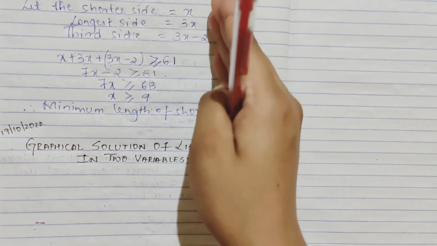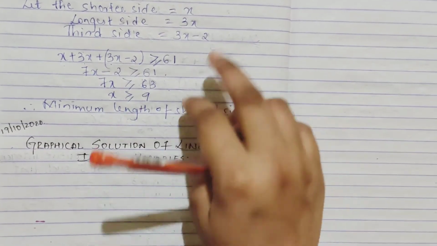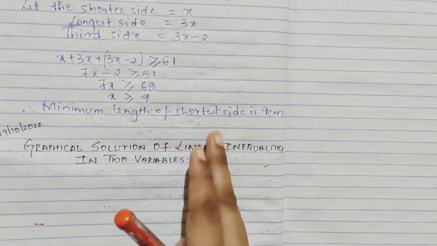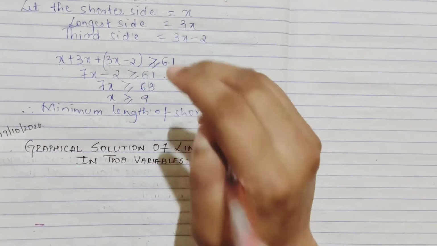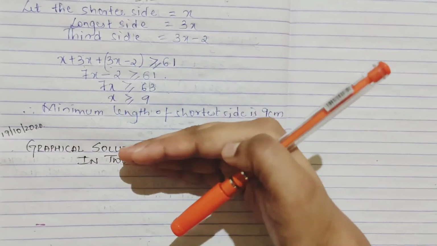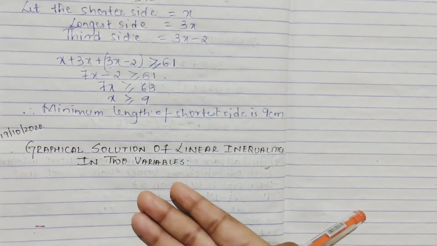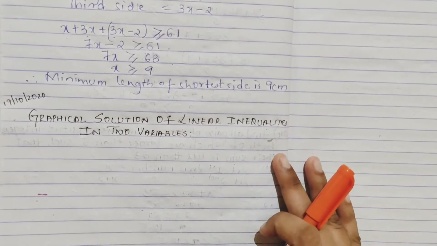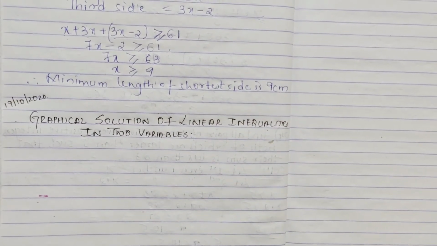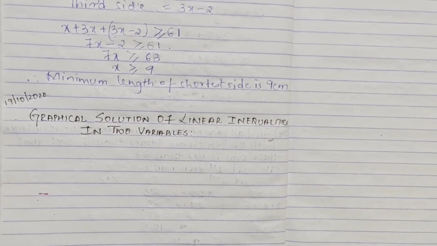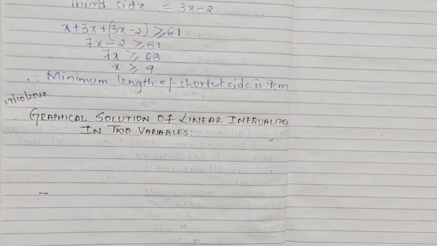Yes, graphical solution is obvious. We need our number lines, and for that, your x-axis and y-axis, in which we need our two variables, x and y. Then only we can find our x value, we can find our y value, and then only you have to plot. So it is simple. Before heading to this, you just have to get clear with a small concept.